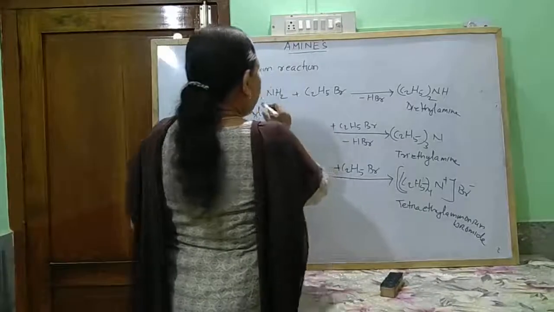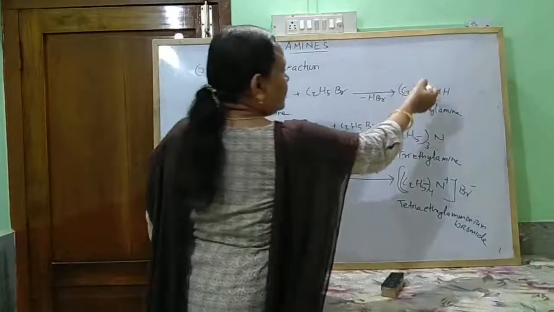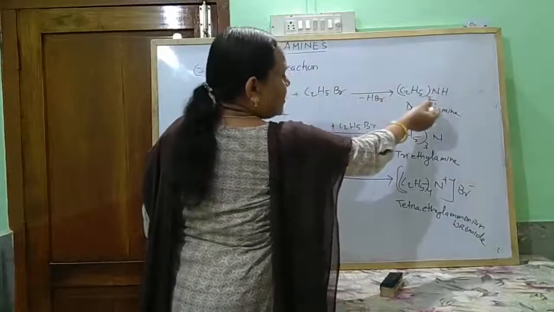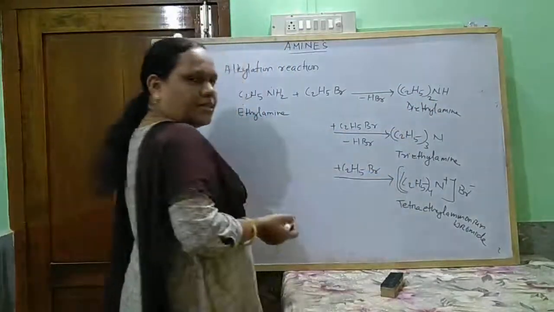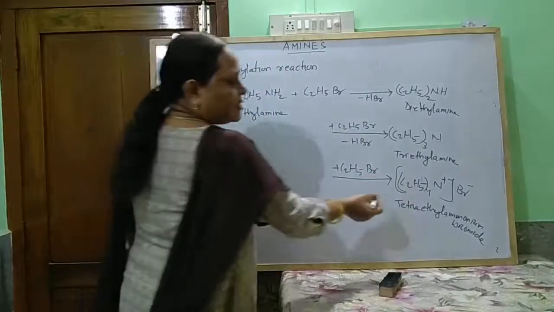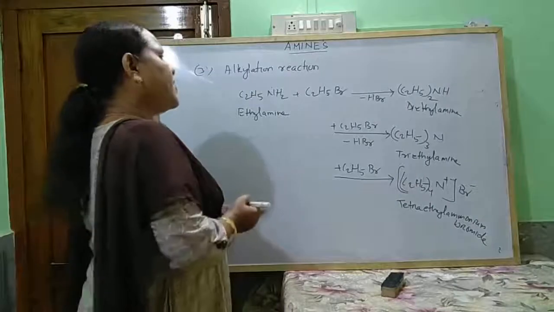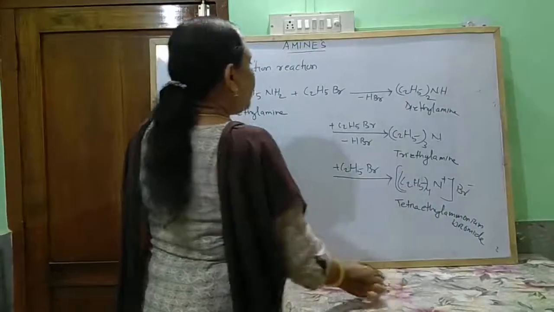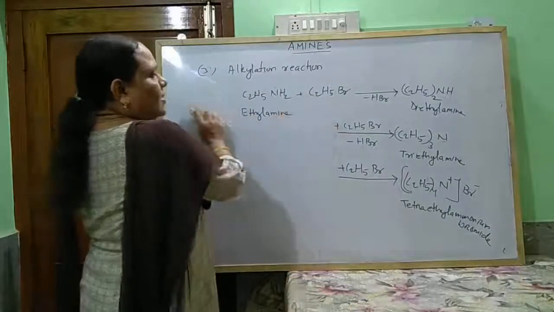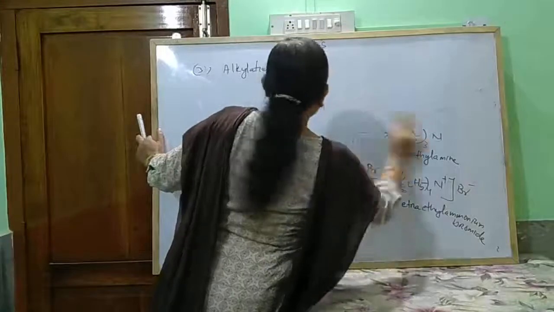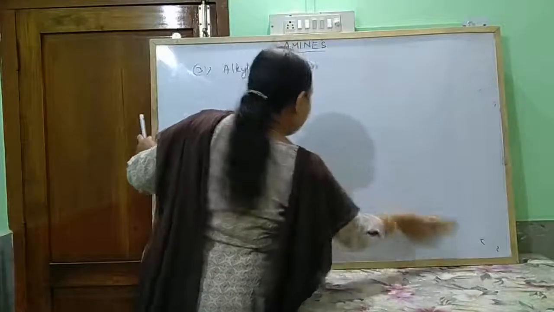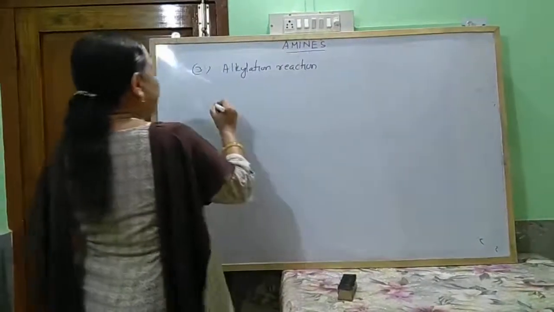So if only a primary amine is taken, it gives a mixture of secondary, tertiary and quaternary ammonium salt. If you take only a secondary amine, it gives a tertiary amine and the ammonium salt. And if you take only a tertiary amine, then it gives the quaternary ammonium salt. In the same way, aromatic amines also react like alkylamines. Look at the example of aniline. When aniline reacts with methyl iodide,